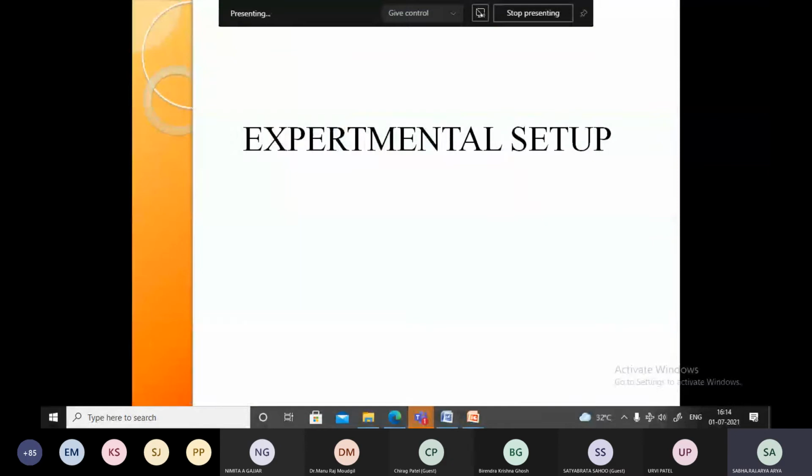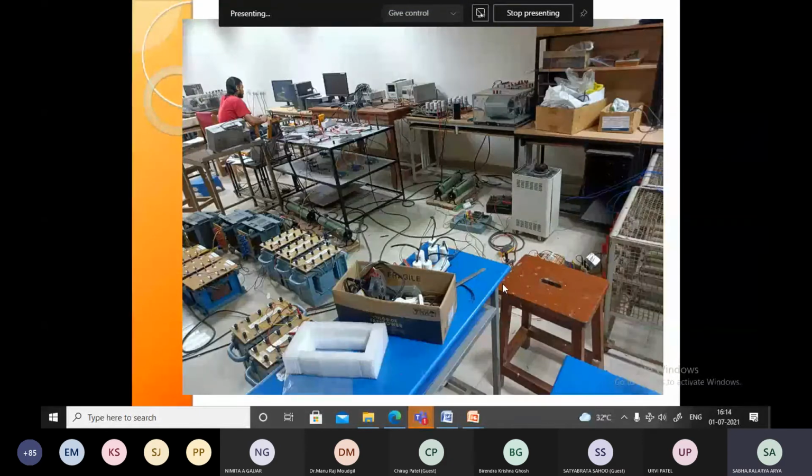After that, we developed an experimental setup in our lab for EPQC. You can see we have done this setup. This person is going to work on this project, and this person is going to do a PhD in this area. This is the whole setup. What are the things? One is a sensor circuit. One is a converter. We have used big converters and small converters also. Then power supply, processor, computer, those things are there.